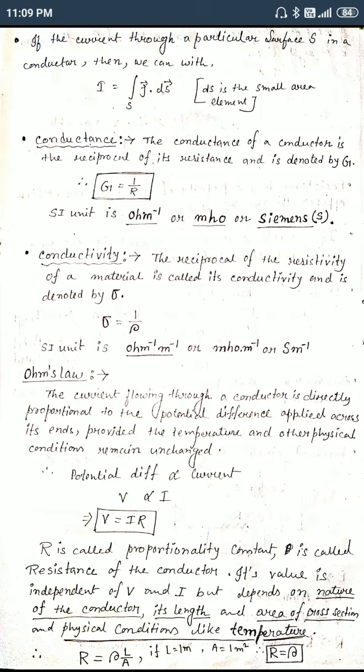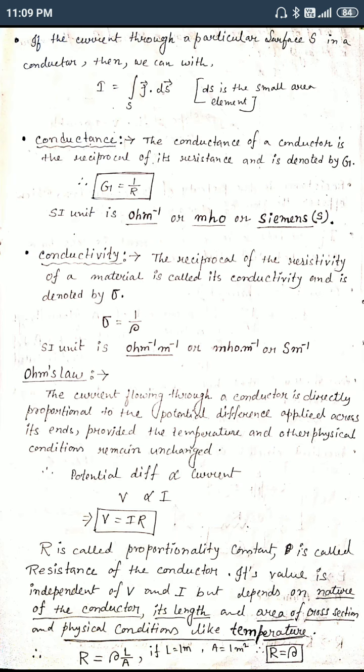So we can say that high resistivity means a poor conductor, because if resistivity increases, resistance also increases, so the conductor does not conduct electricity easily. That's why it is a poor conductor. If resistivity is low, resistance decreases, and the conductor conducts easily. That's why it is called a good conductor. And we already discussed that the reciprocal of resistivity is called electrical conductivity. It is denoted by sigma.